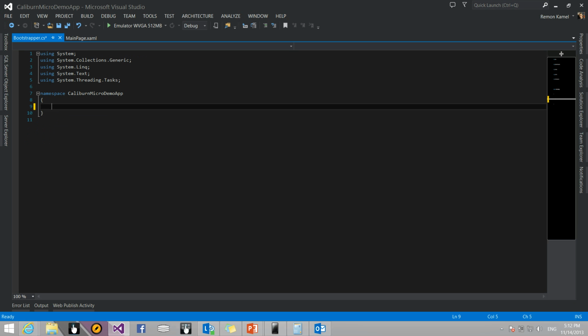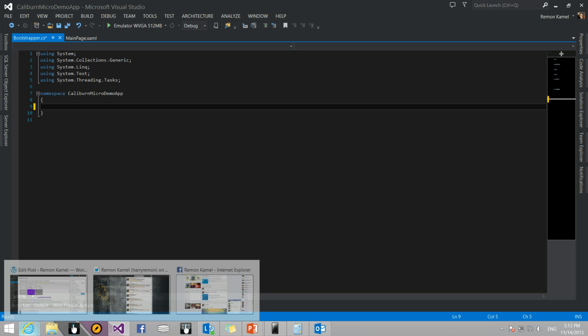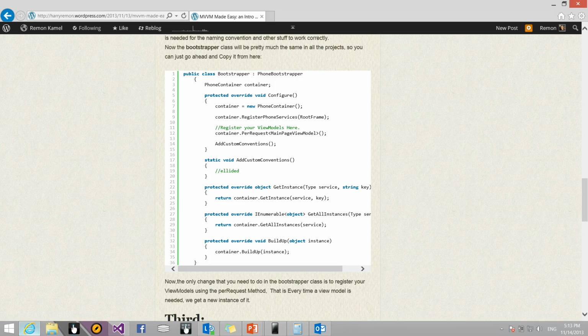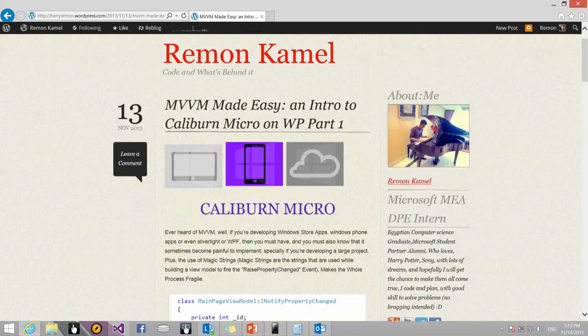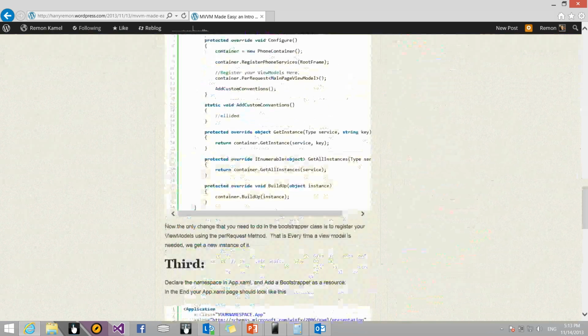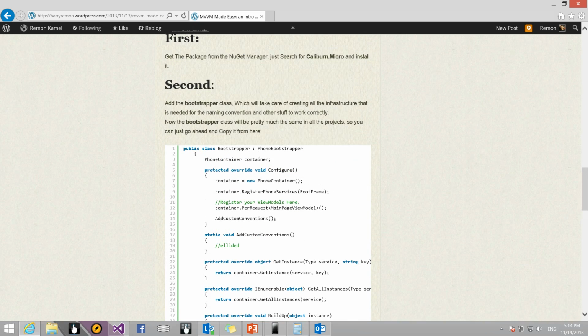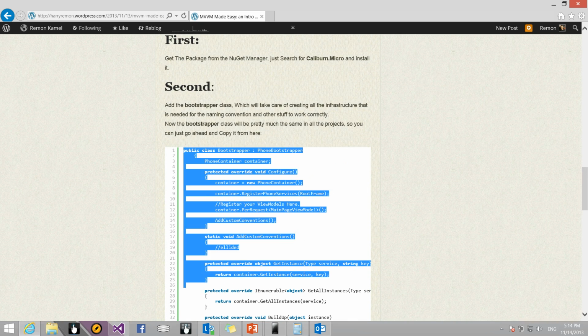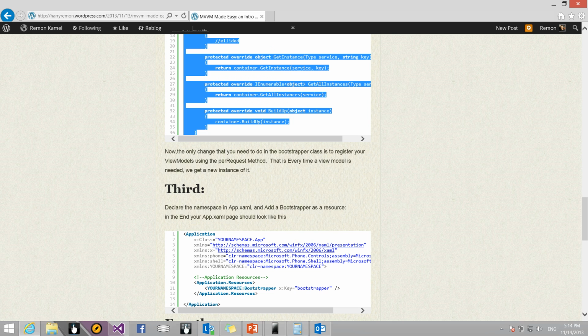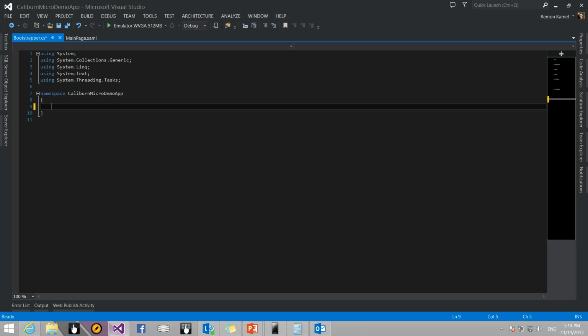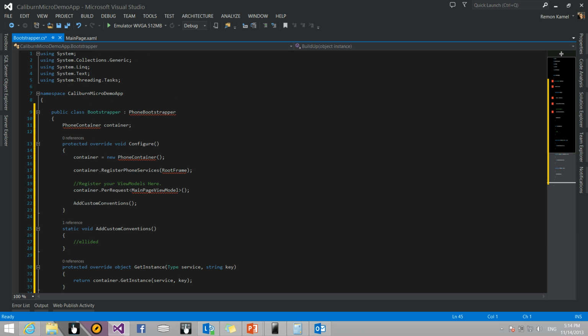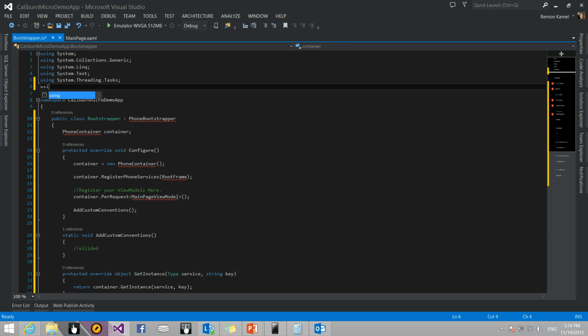The Bootstrapper class is not a static class, but it's like it's not a changing class. It's just the same code for all applications. You can find it on my blog, or you will find the link in the description down below to the .cs file. Let's copy it. As I said, it doesn't change from project to project. It's the same. Let's copy it, and we will just type using